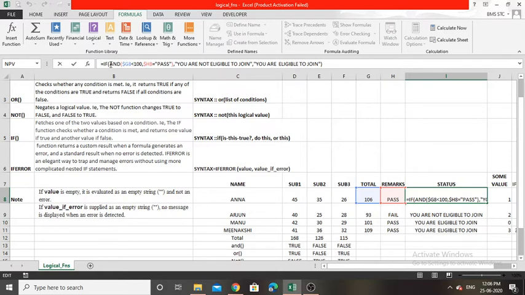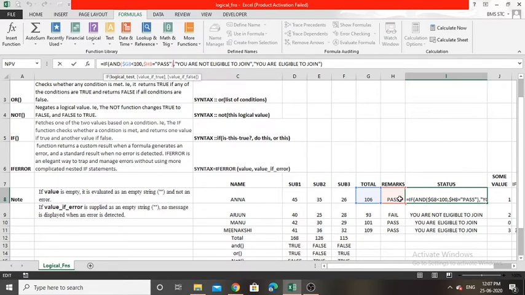So the AND syntax is completed till here, and the remaining is the syntax of IF. Here I am opening the IF bracket first and I am checking that G8 is less than 100 and H8 is equal to pass.